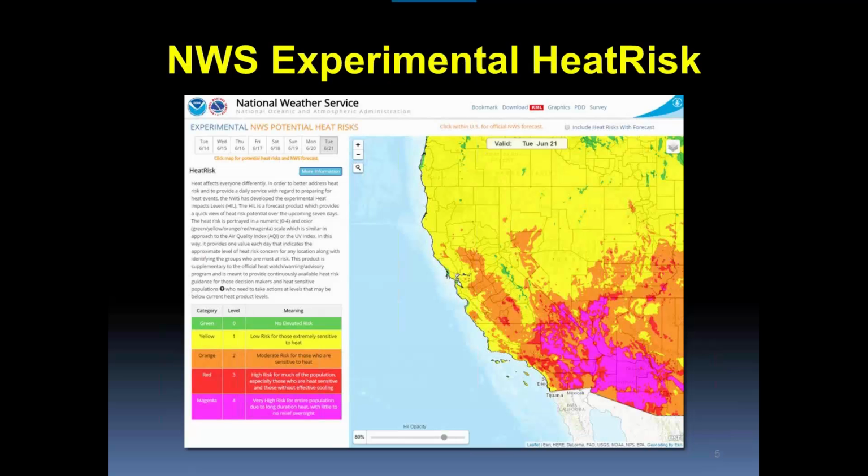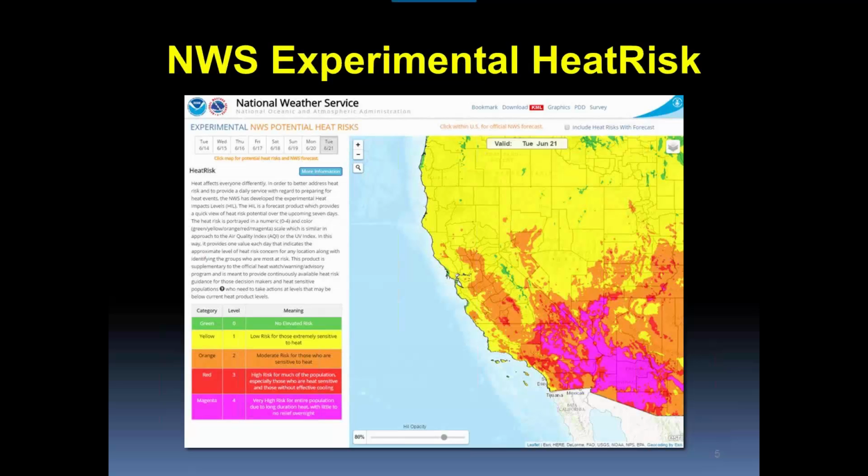When we showed this to you guys a couple years ago, I can't remember who said it. I think you did, said, you know, you guys have a color scheme very similar to the AQI. Why are you trying to reinvent the wheel? Because we were trying to come up with a color scheme. And she's like, everybody knows the AQI. Why aren't you sticking with it? So it took us a while, but we did. So we have a very similar scale. It's basically green to magenta. And just like an AQI, the brighter or warmer the color, the more you need to be concerned.